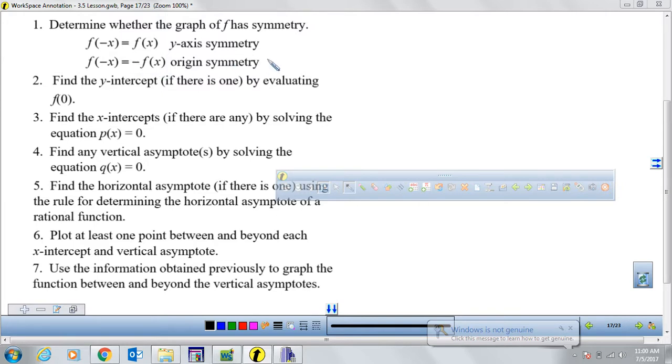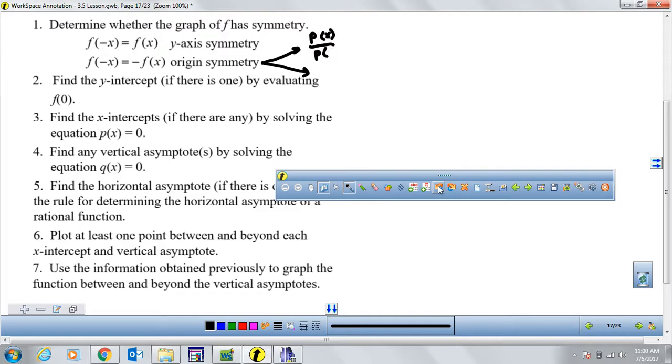Now, but since this is a fraction, when I say all of the signs change, that means the following. So think about a fraction. It is p of x over q of x, right? That's what the fraction is. In order for that rational function to change the sign, we only need either all the signs of the numerator to change or all of the signs on the denominator to change. Because if either the numerator or the denominator changes its signs, then that basically changes the sign of